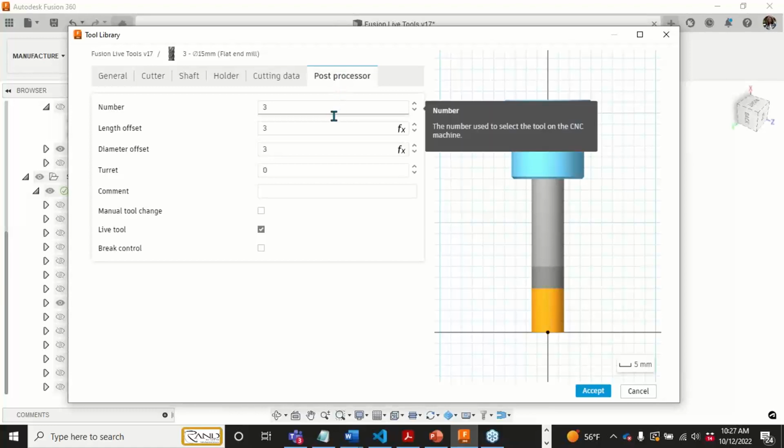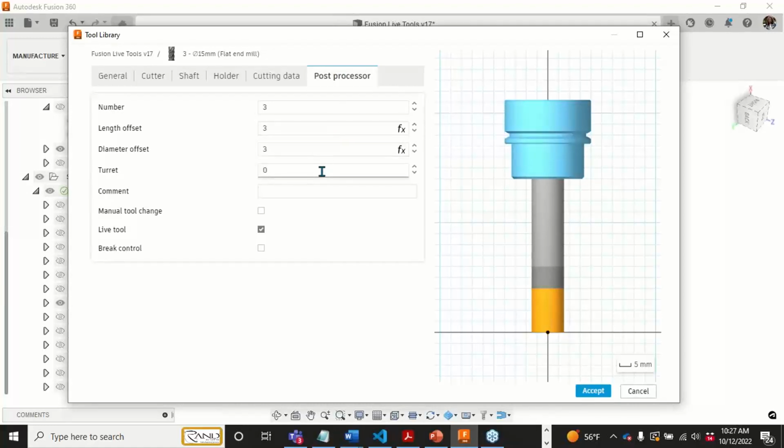I've got my tool number, my length offset, and this is my turret offset. So this could be used for a lot of different things. Some turn mill machines, specifically some smaller Mazak turn mills, will have 2 turrets. Now, this isn't the kind of turret like an upper and a lower turret. It's just a left-hand turret and a right-hand turret, for doing parts on your main and parts on your